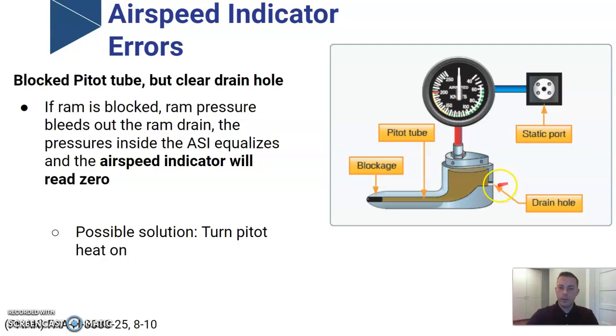But we do have a drain hole which acts like a static port in this instance. So if we have a static port here and a static port here, this pressure is going to equalize, which means there's no differential. Our diaphragm is completely collapsed to where it is on the ground. So our airspeed indicator will read 0. This could happen due to icing,